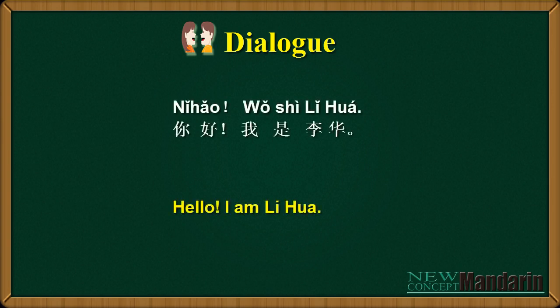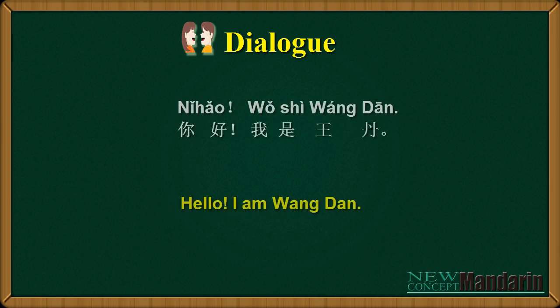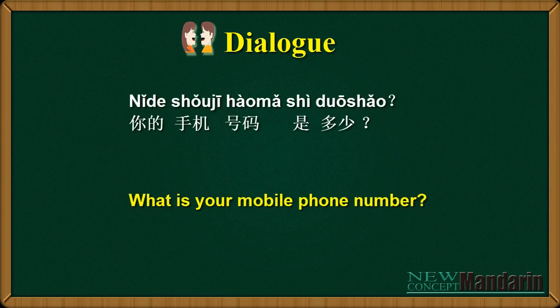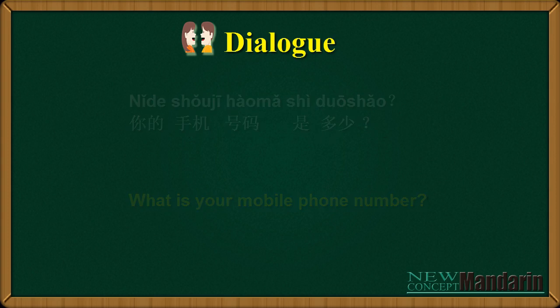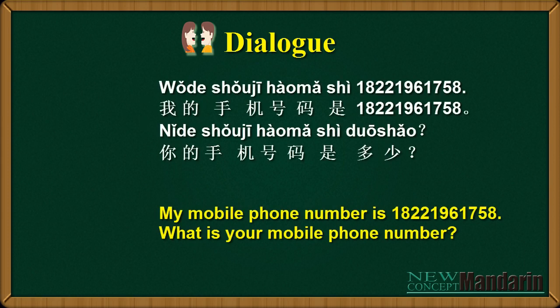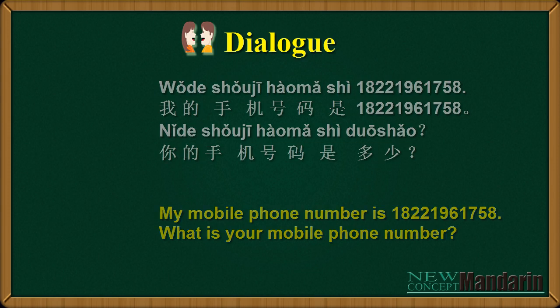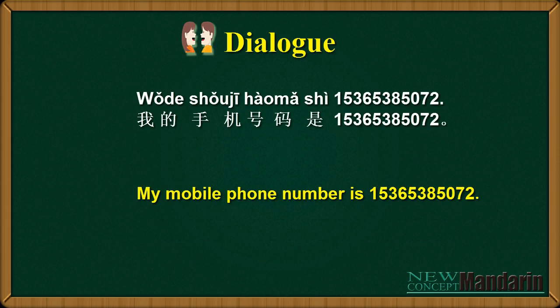你好，我是李华。你好，我是王丹。你的手机号码是多少？我的手机号码是18221961758。你的手机号码是多少？我的手机号码是15365385072。